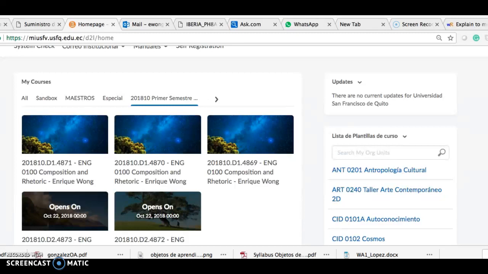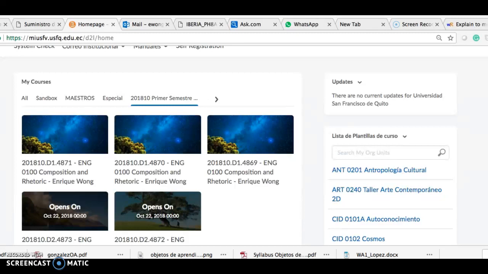I'm going to be choosing one of my courses only to give you an example of what I'm talking about. The bottom line of this introductory explanation is that I know who is working in the class. I know who hasn't connected not even once in the course. I know the material that you have been reading, and this usually goes hand in hand with the end result.